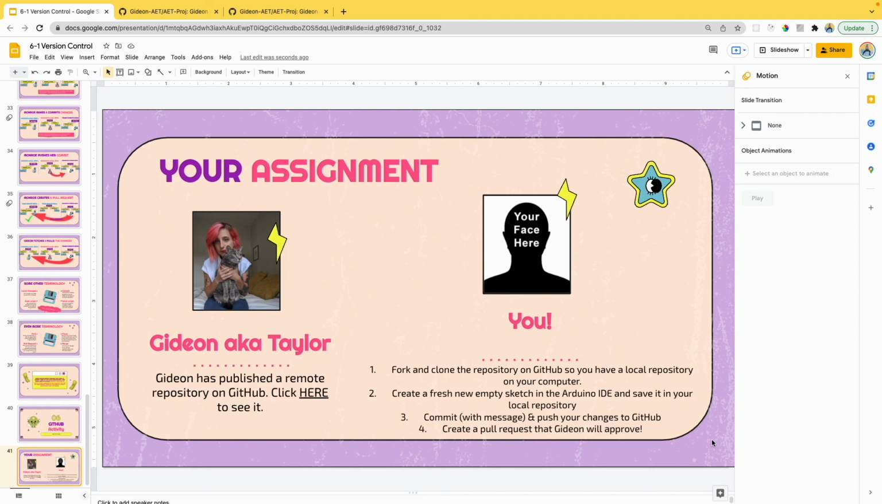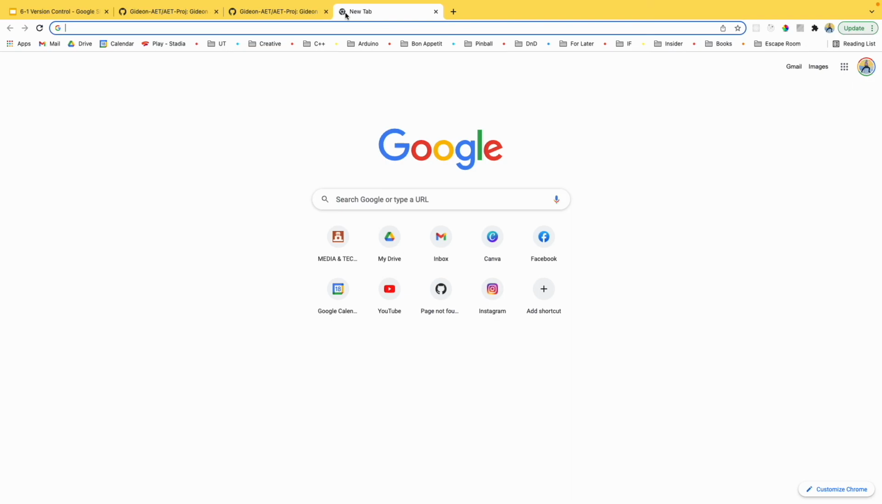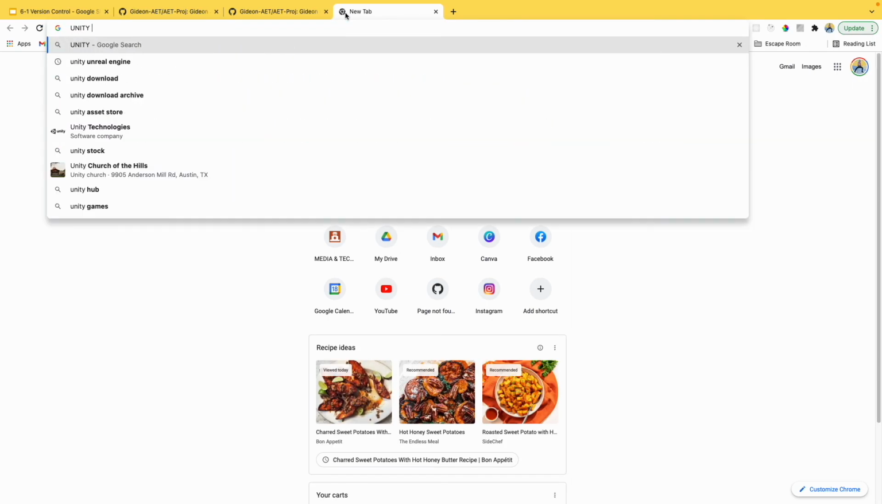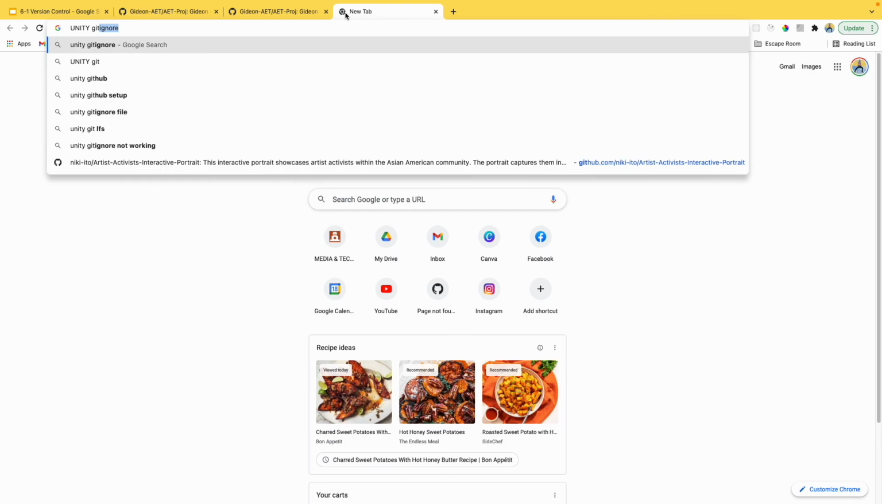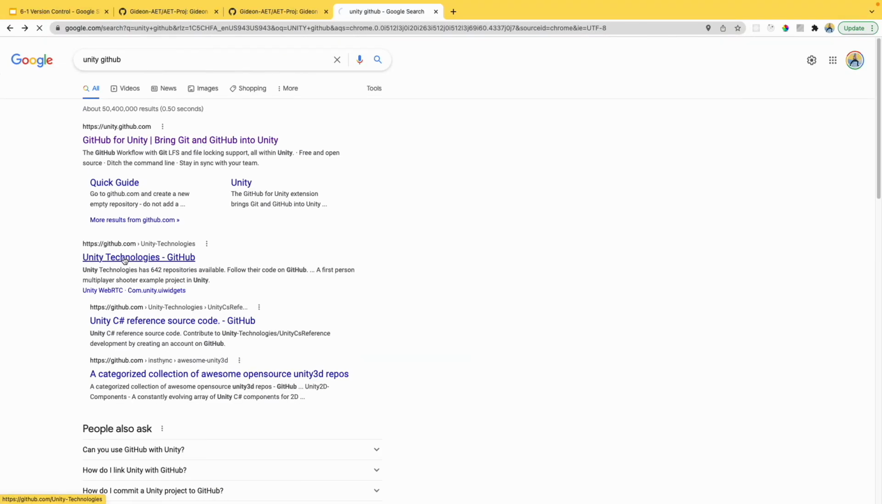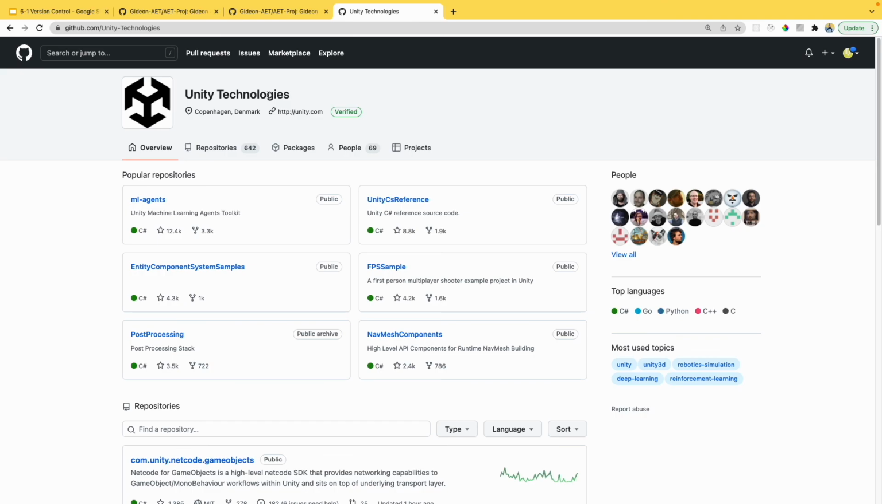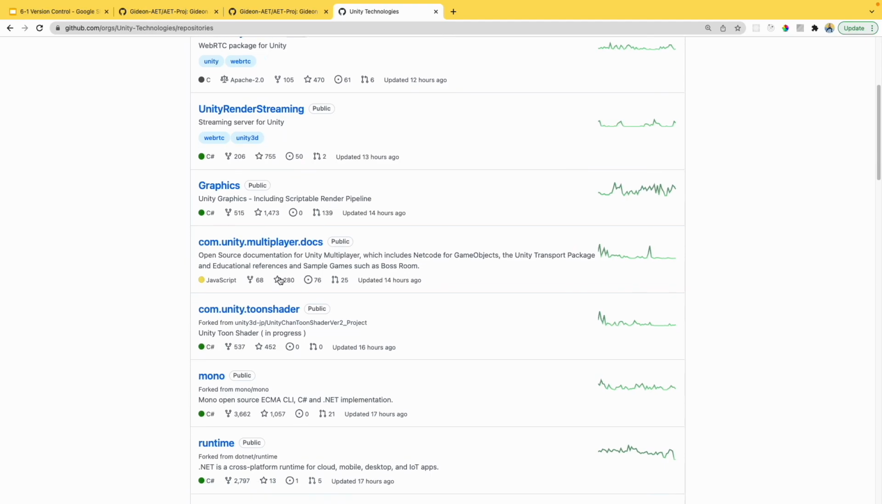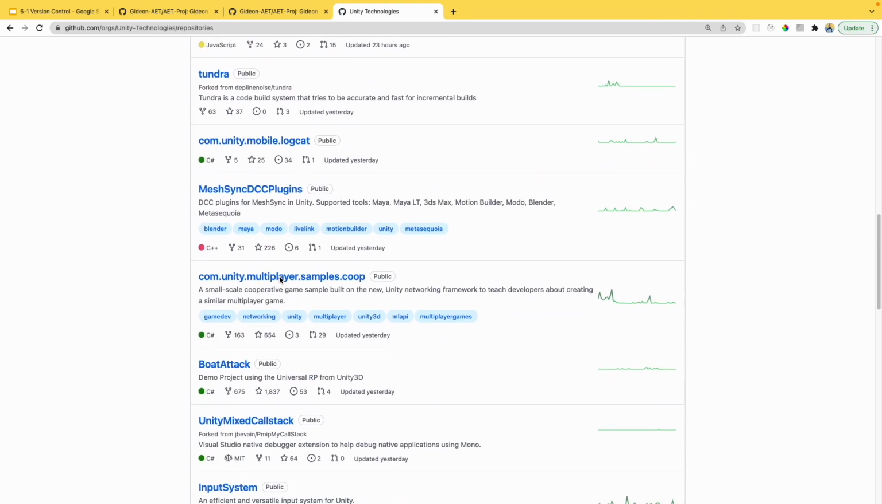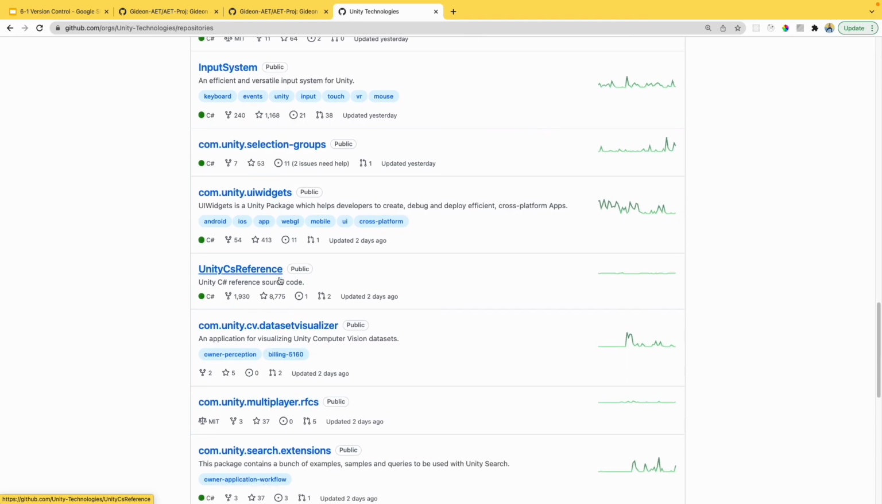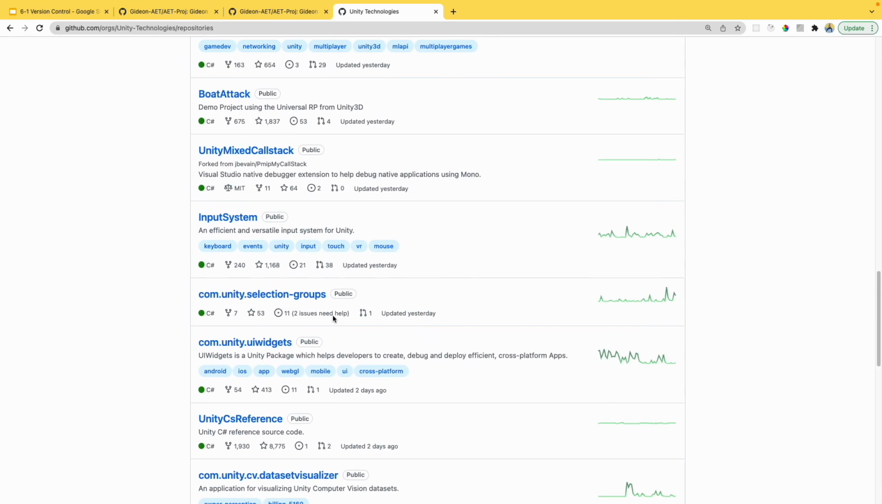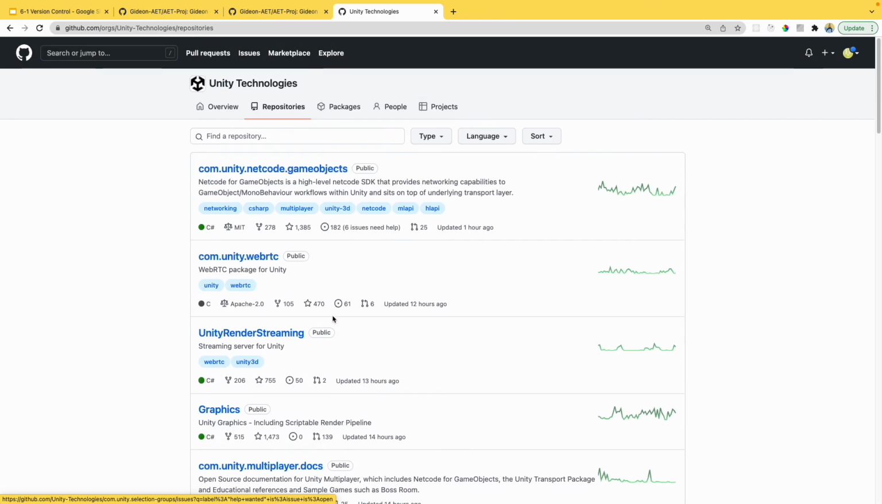The reason that we're using it in this class is because GitHub is an incredibly powerful tool that's used in the industry as version control constantly. I'm sure some of you have already started working with Unity. Check this out. Unity has published 642 repositories on GitHub. And when we say that certain projects are open source, it means that everything that we just went through as far as forking and cloning